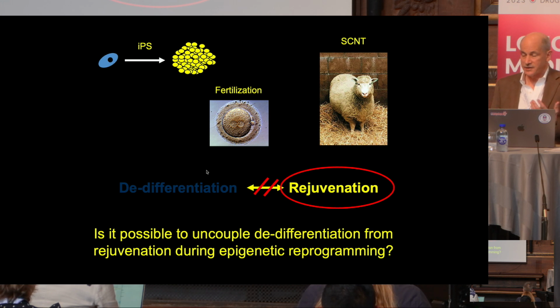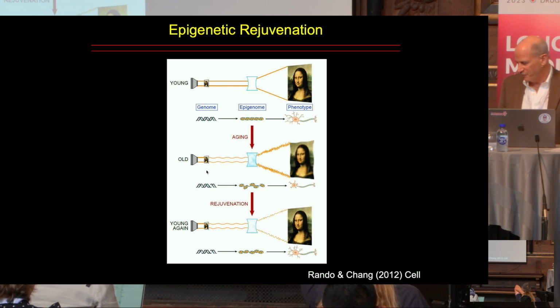And that's our question, is that what we're doing with parabiosis? We're actually not making pluripotent cells, we're just making younger cells of the same kind. And this is a fanciful image from a review I wrote with Howard Chang many years ago now, in which we kind of modeled this process of aging and rejuvenation as if the genome is sort of a film through which light is passed through a lens, and that lens is the epigenome, to form an image, which is the phenotype. And that with age, you get degradation of the genome, you get degradation of the epigenome, and you get an altered phenotype. And that with these kinds of interventions, whether it's parabiotic or pharmacologic or genetic, you're really targeting